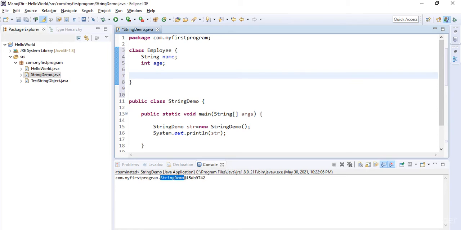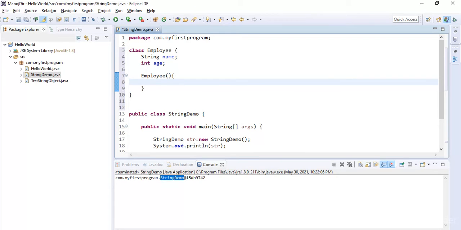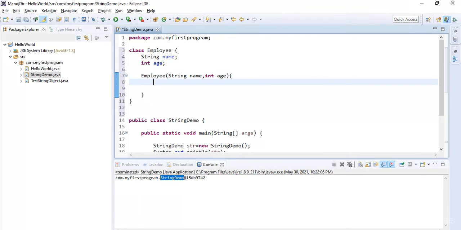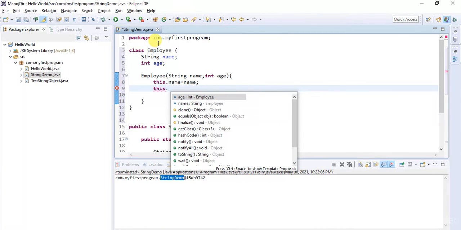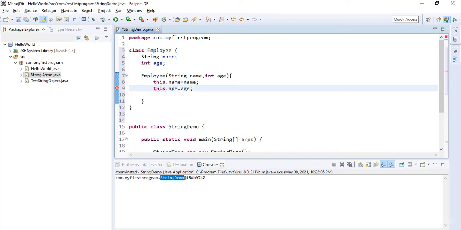Then we can have a constructor, and within this constructor we can have String name and int age, this.name equals name. Let's not worry about the this operator. I will explain it in the upcoming sessions.